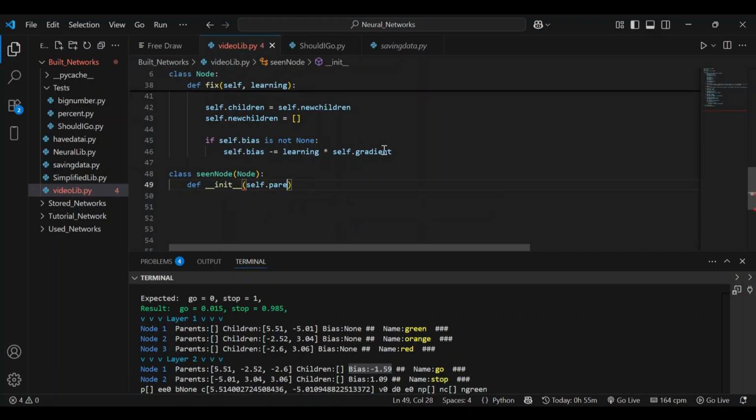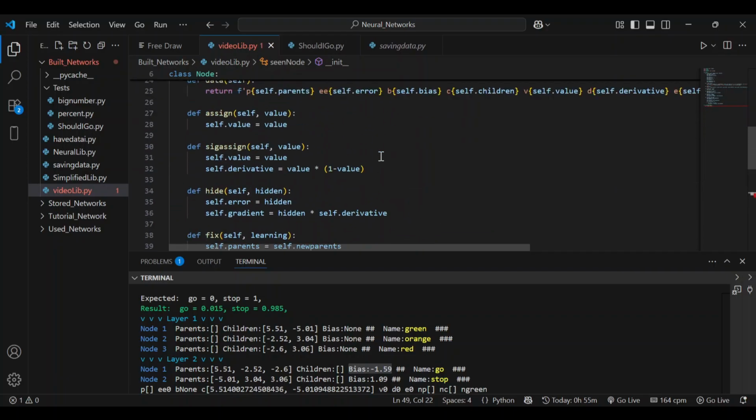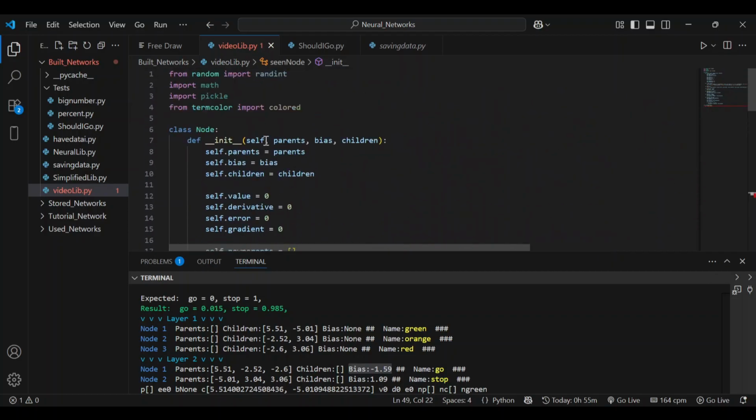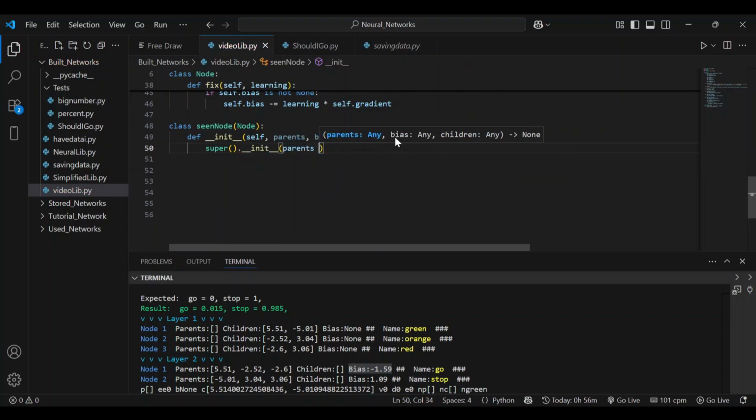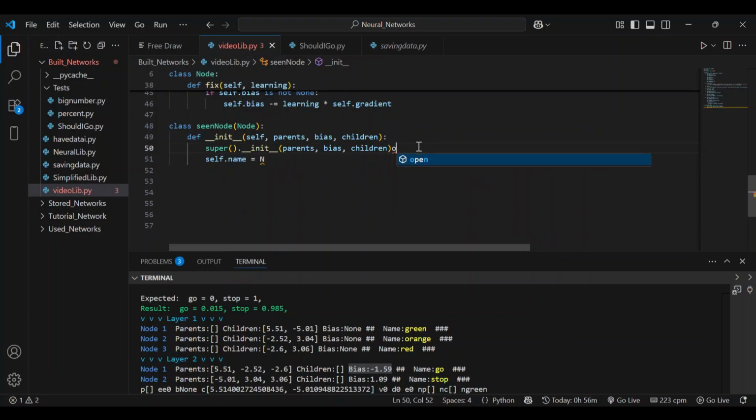We're going to define init, which takes in self, parents, bias, children, and then we're going to call super dot init with the parents, bias, children, and all we're going to do is set one value, self.name equals None,